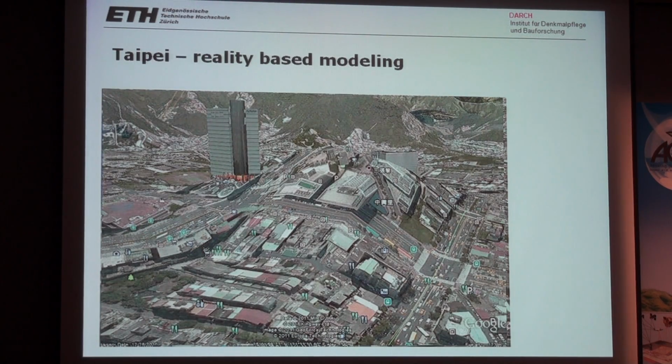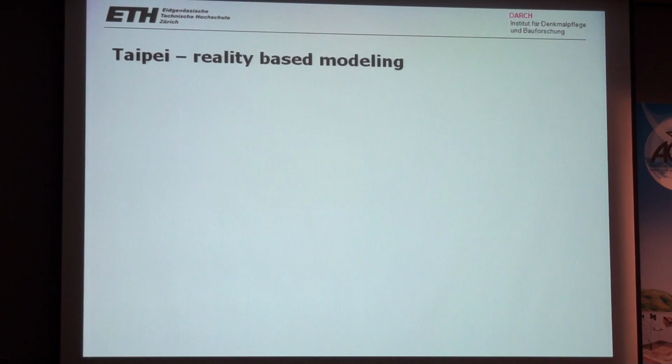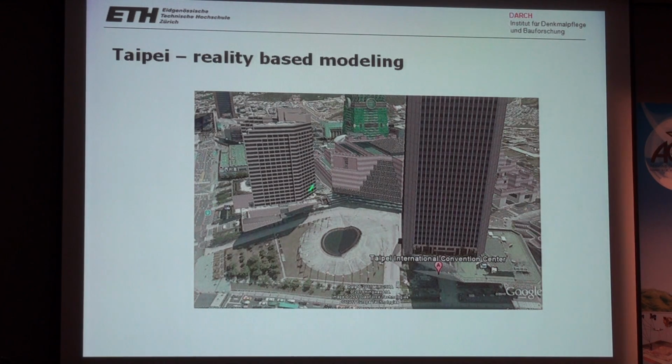Or here, this is Taipei. I know you know Taipei better than I do. We are far away here from the real situation. This is SRTM data, radar data, not good enough, of course. And this leads to the fact that some buildings are also swallowed. If you go to the Hyatt, some of us are in the Hyatt, the lower part is chewed up by the digital terrain model. There's no entrance anymore. And look at this feature, it's broken up. You can look around, you will find problems all over the place. So this has been done, I suppose, by a non-professional,